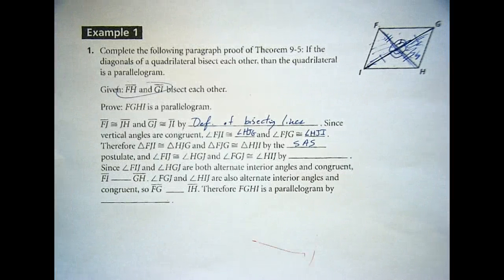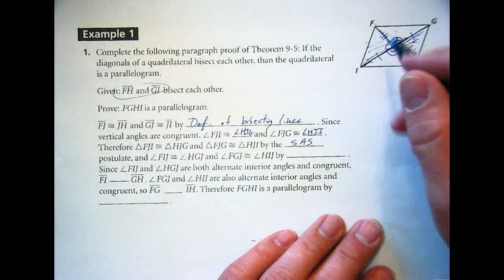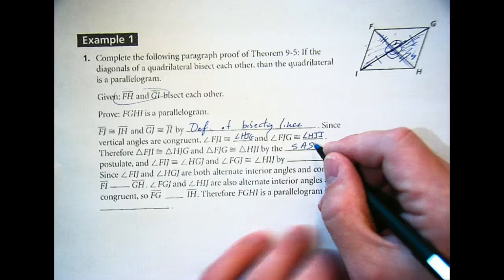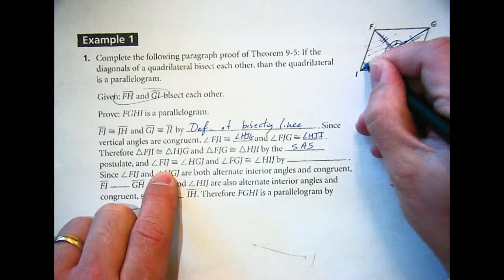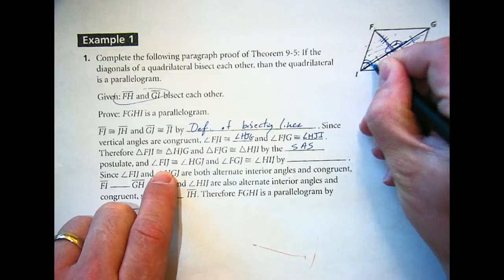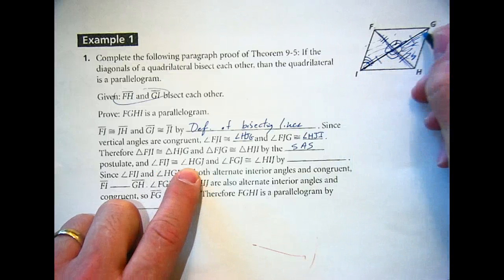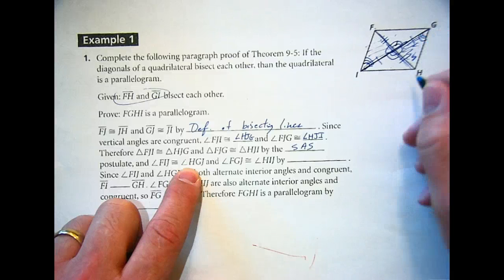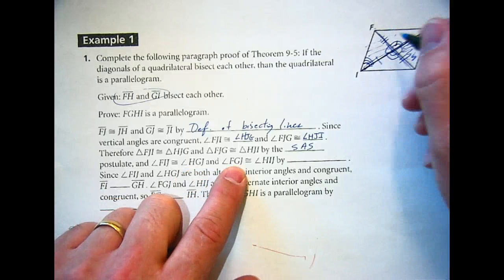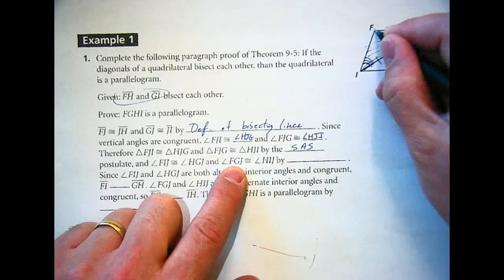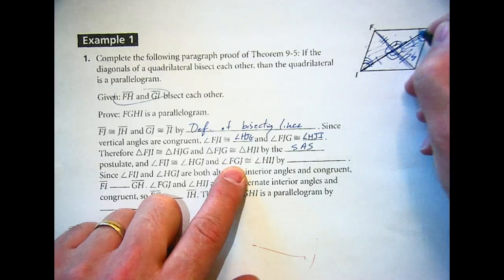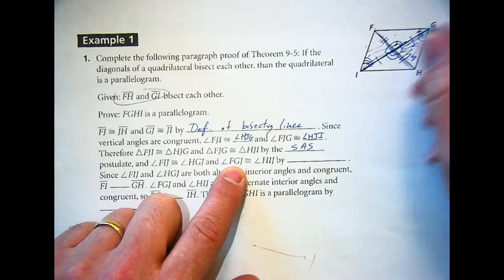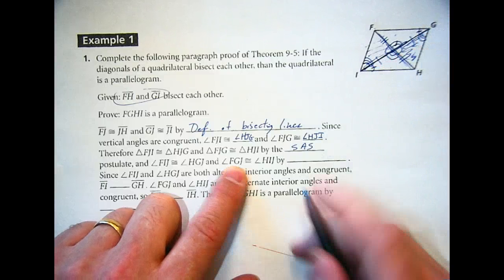Other side angle side postulate. Angle FIJ is congruent to HJG, and FGJ is congruent to HIJ. So FIJ, this one right there, is congruent to this one right there, and we're going to have tons of lines here. This one, FGJ, I'm just going to put a marking like that this time, and this one, by